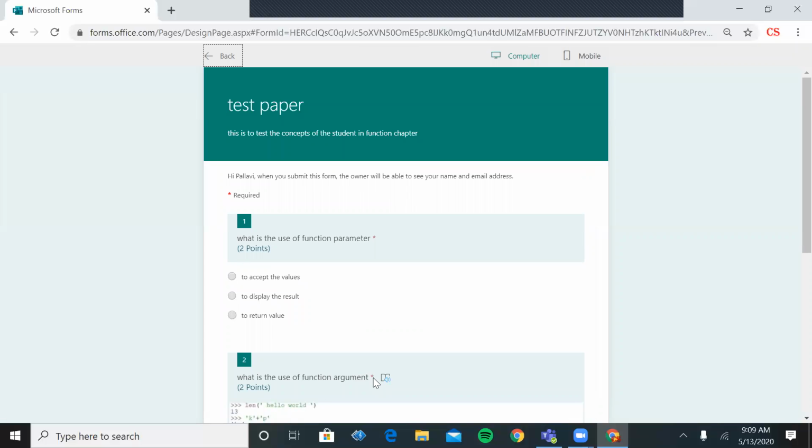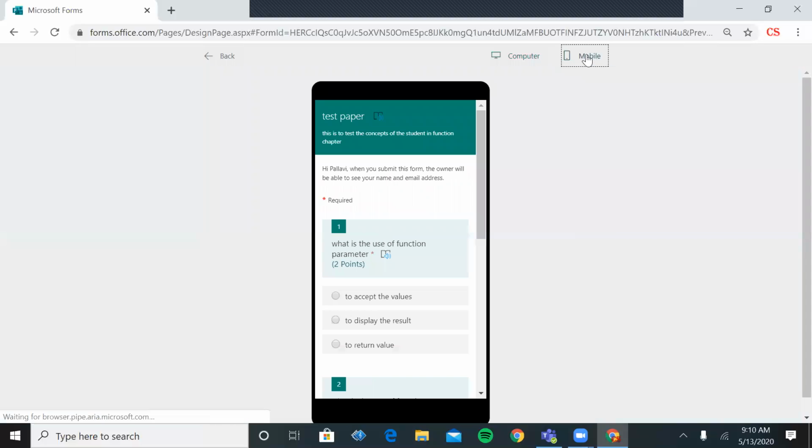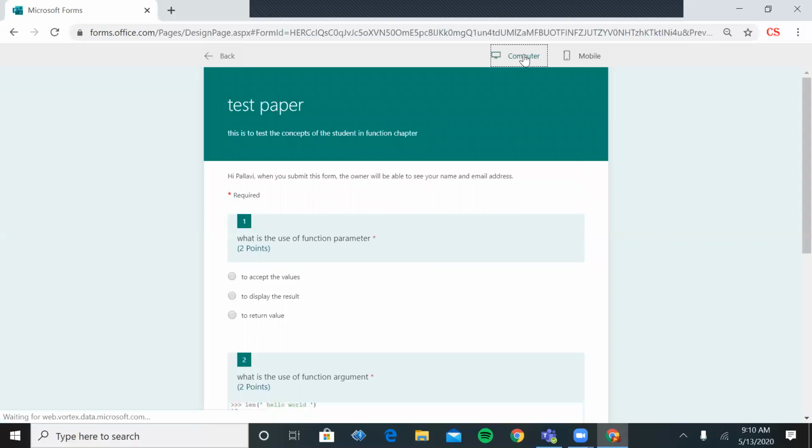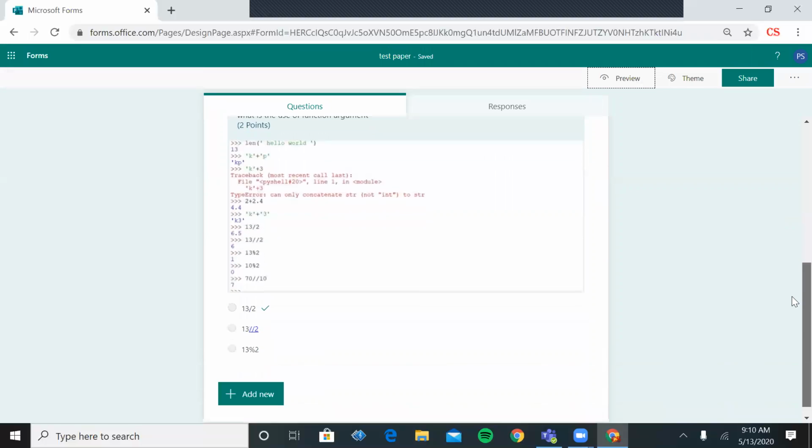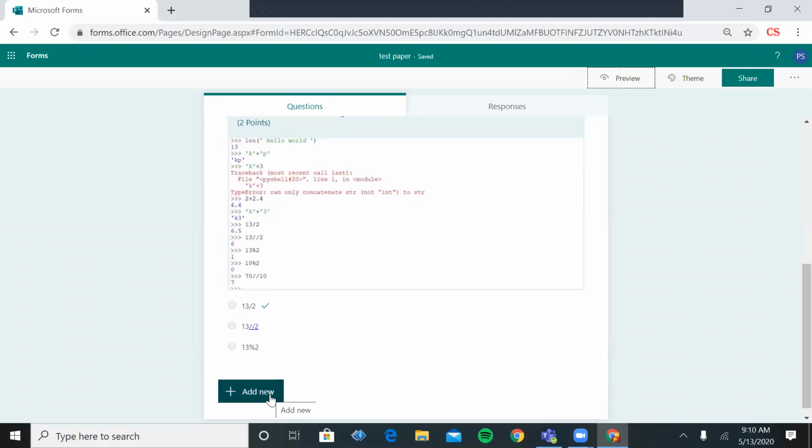you can see the star asterisk symbol showing that these questions are mandatory, and they specify 2 points also. We can see how it will look on the mobile and how the students will see it when they work on the laptop. And in this way you can add as many new questions as you want. You can specify the picture also; how you can take a picture, I will share later on.